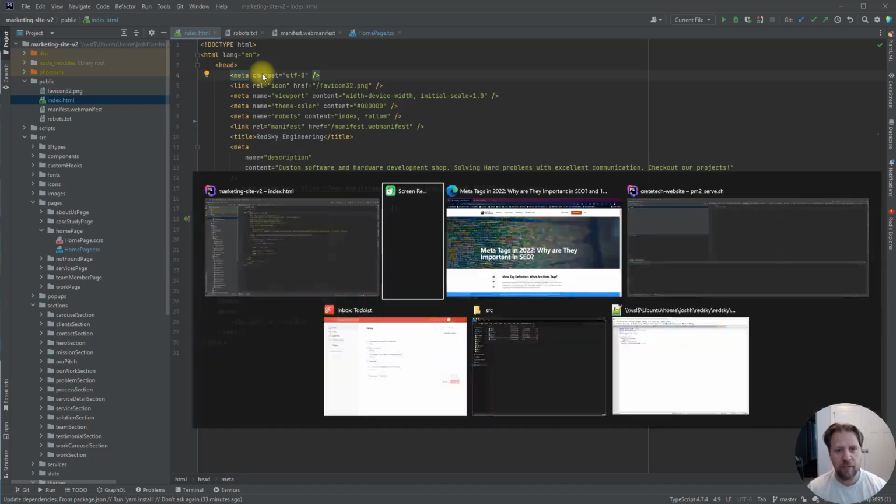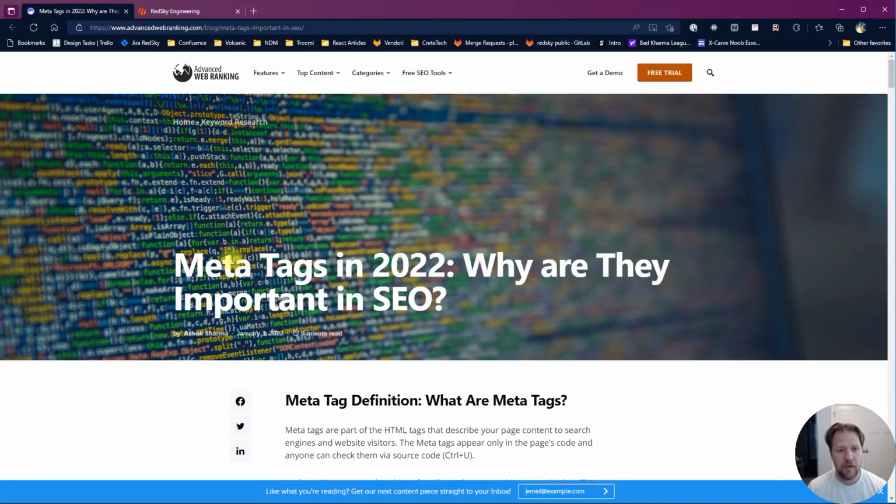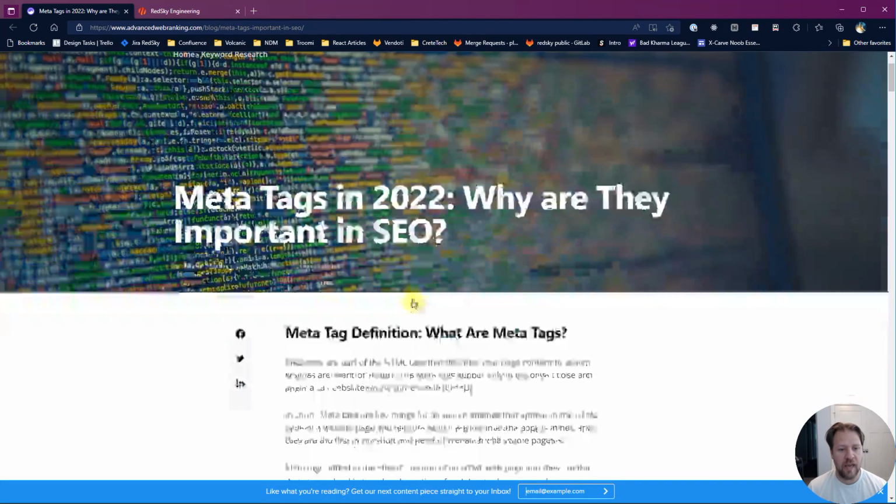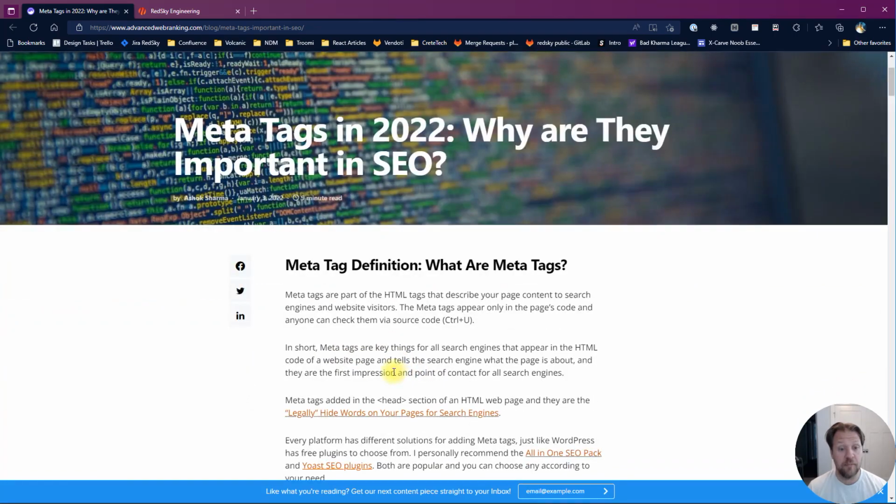that I found that I thought was pretty interesting, and it's talking about meta tags in 2022 and why they are important to SEO. A number of meta tags have been recommended to use over the years, and the recommendations have changed and shifted as search engines have changed the way that they crawl websites. For example, they used to have a meta tag called keywords where you'd want to put in all the keywords for your site and content, and the crawlers would use that to index and rank